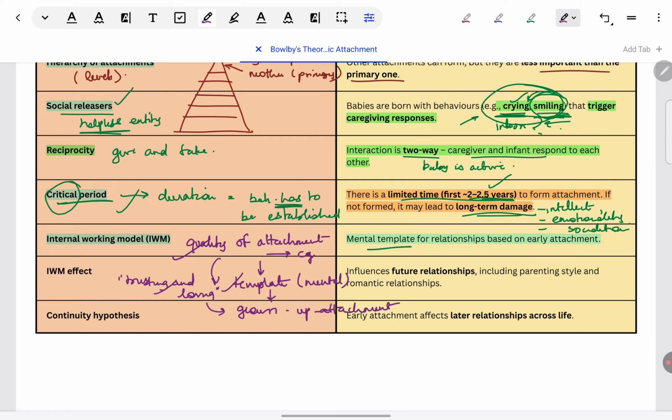So now this grown up individual, who has become 18 to 20 years, is forming, say, a romantic relationship. Say it's a man who's trying to form a romantic relationship with a woman. What sort of a relationship does he expect from her? Trusting and loving, because that is the template in his mind. That is the sort of relation he had with his mother. So that is what he will bring into his grown up relationships.